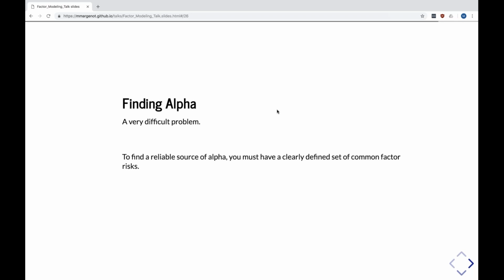You need to know what you don't want from the beginning so that you're appropriately designing strategies to be aware of sectors or styles or whatever individual components you may be worried about in your investment mandate. And then alpha decays, right? We look for something, we find something, and it works, and it's great, and it's got a lot of alpha. It doesn't have any of these common factor risks that we've defined, but